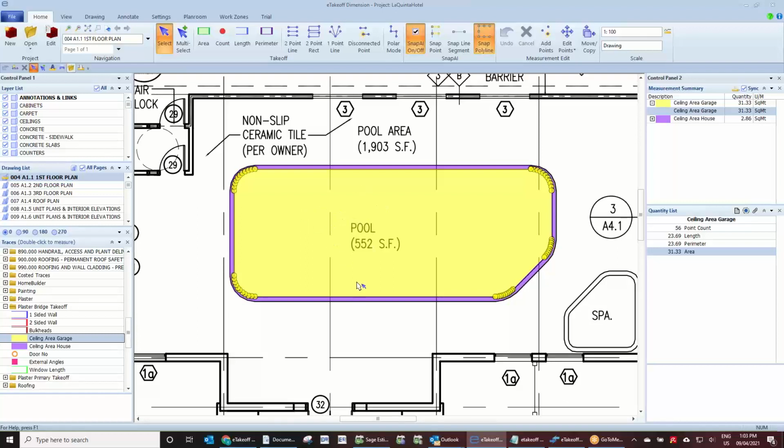Okay, so that's a new feature that I wanted to illustrate to you. I think it's excellent. It's going to bring you a lot of benefit. Another new feature is the bridge takeoff. So looking at